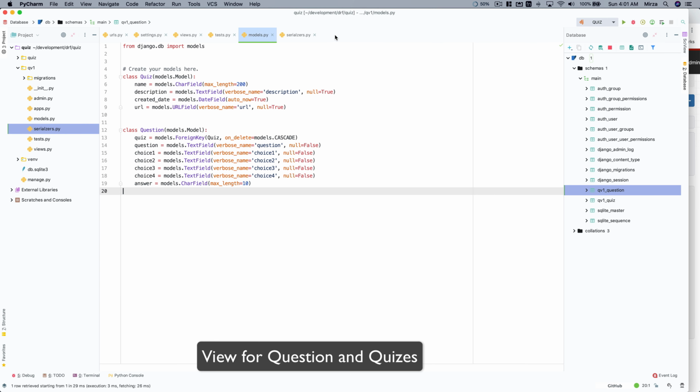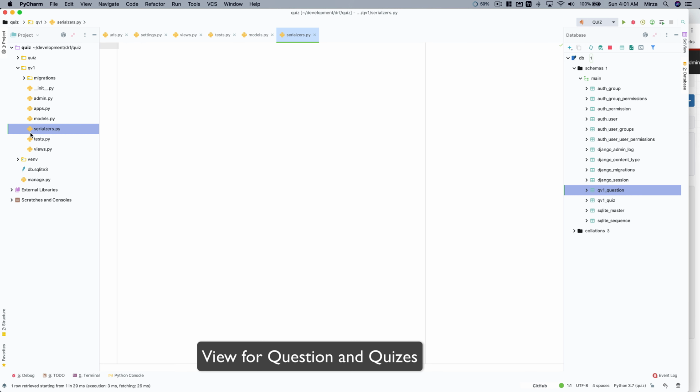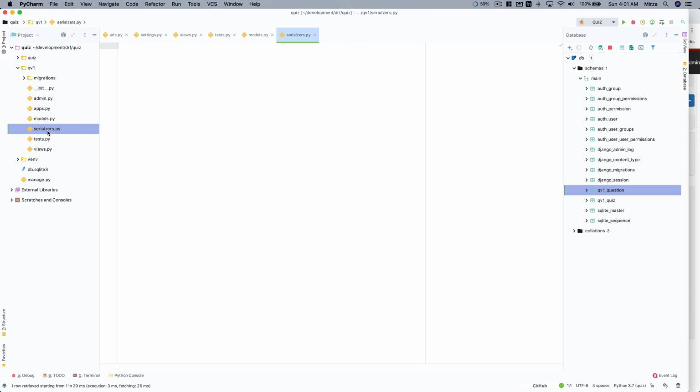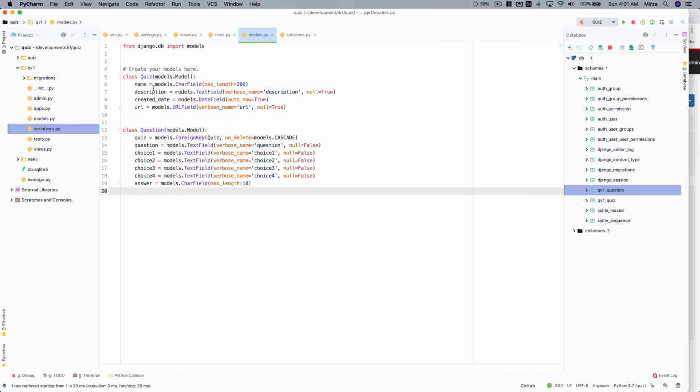Now let's close this file, and I just created this serializers.py file. So just create that, it's an empty file. In the model, we have created two models, quiz and question. Now before we can write a view and send the data back through our view, we need to serialize this